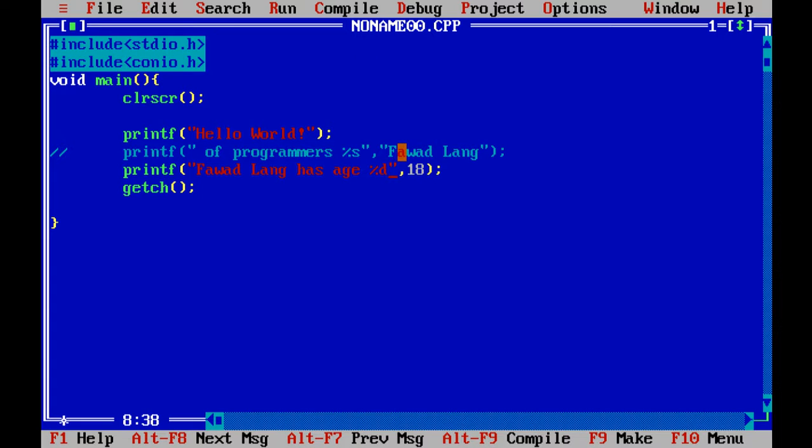That means this format specifier is for an integer number, like this 18.